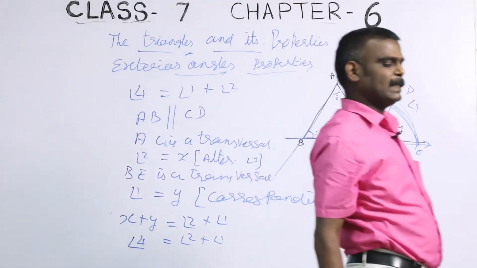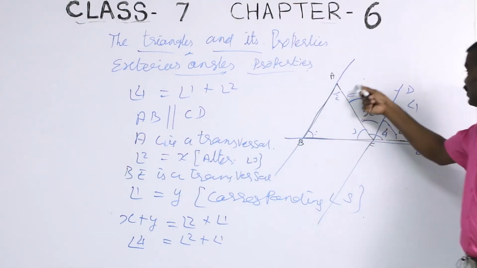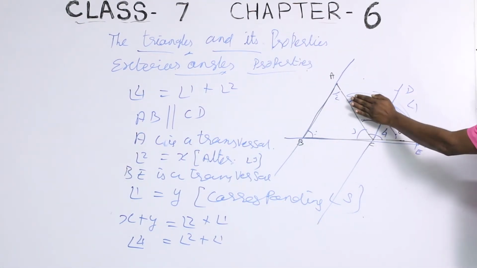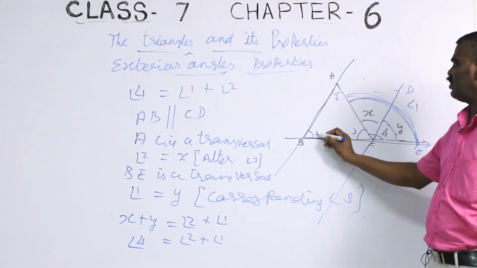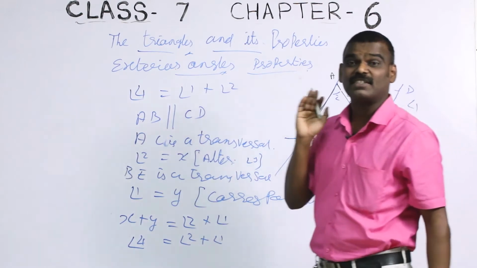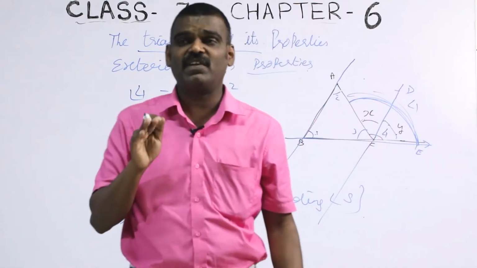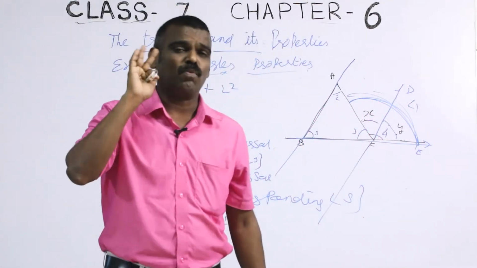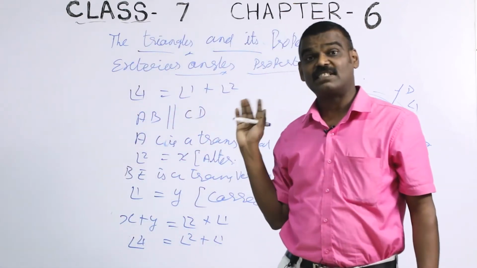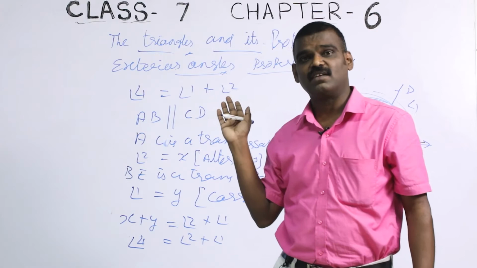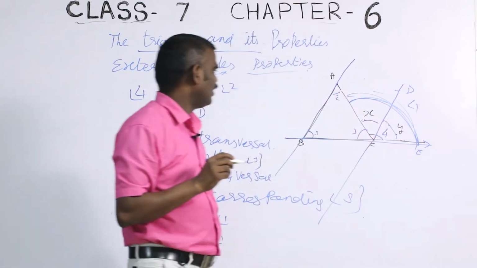Yes or no? Yes? So, the exterior angle of the triangle ABC is equal to the sum of the opposite interior angles. Do you understand now? It is very, very important. In Class 9, when you come to the board exam, one question will come, 3 marks sure to come. Now you are in class 7 or 8, so better learn it nicely, okay.